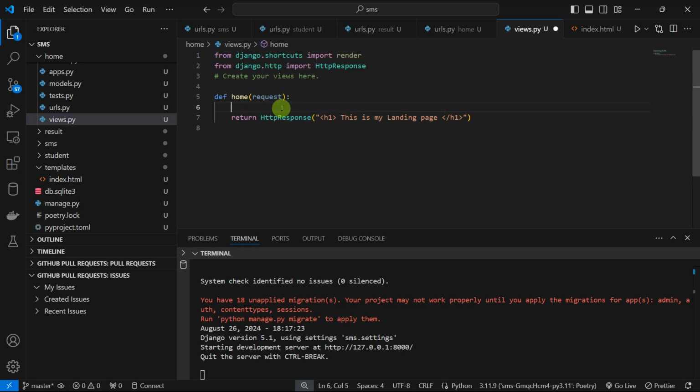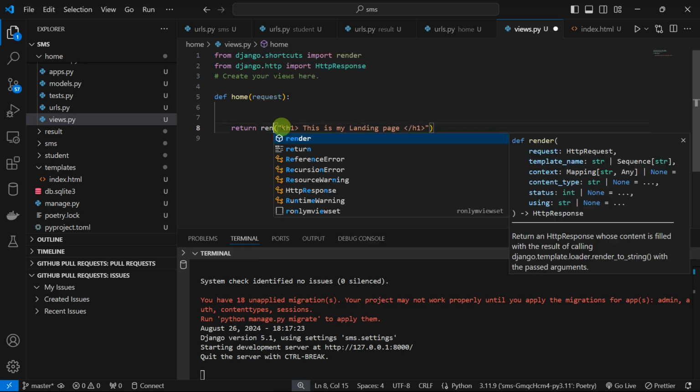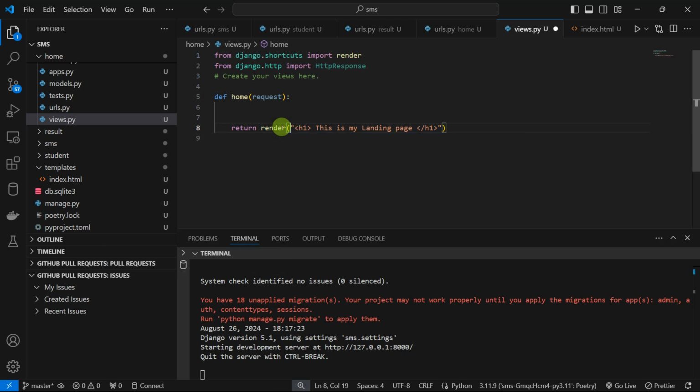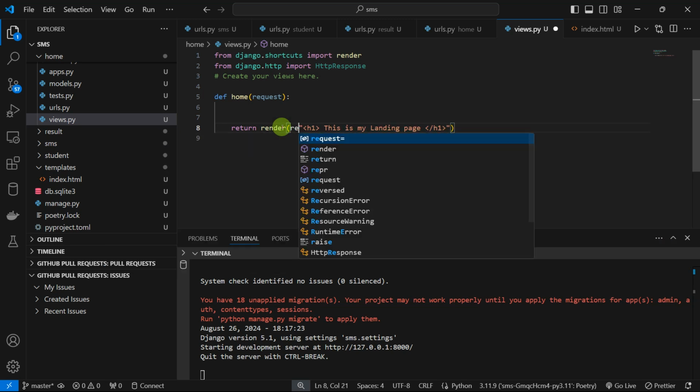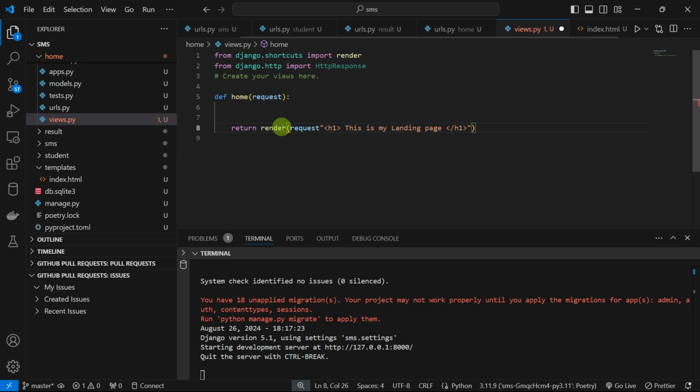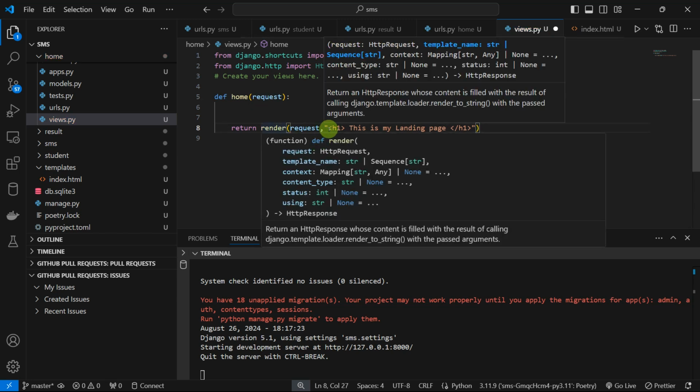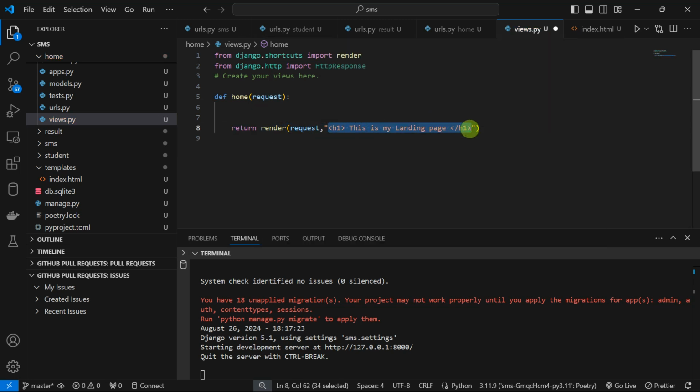now the display here is to render. So what I'm going to return is not HttpResponse, I just want to render an HTML file, and I'll say it will take in request. That's this argument. It will take in the name of where my HTML file is located. It's in the templates